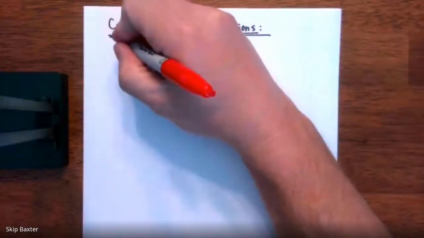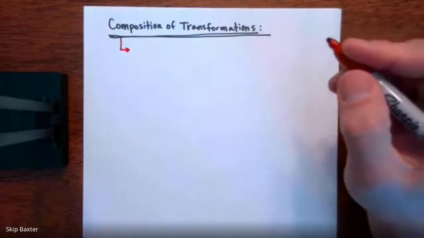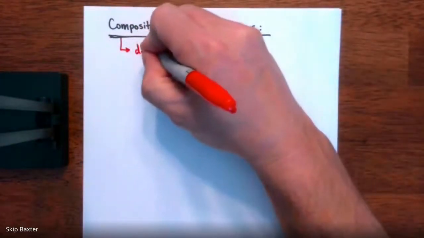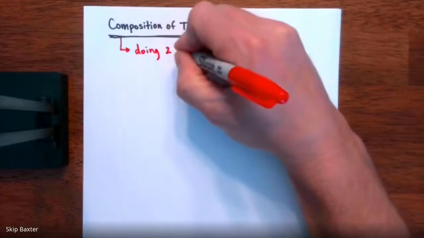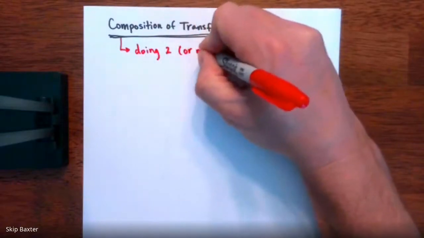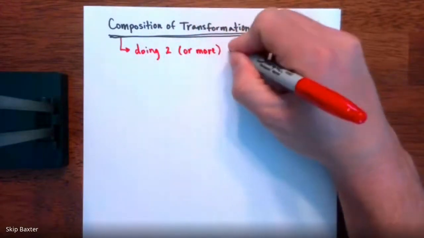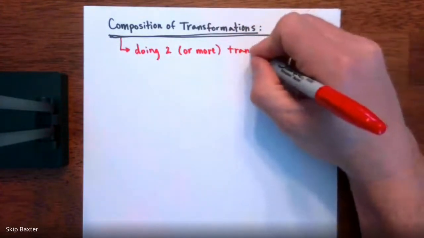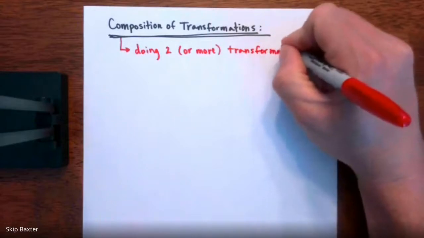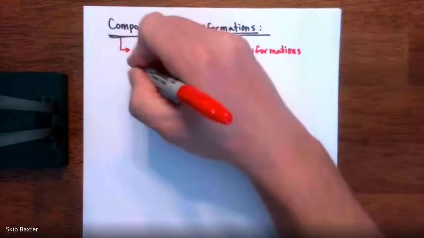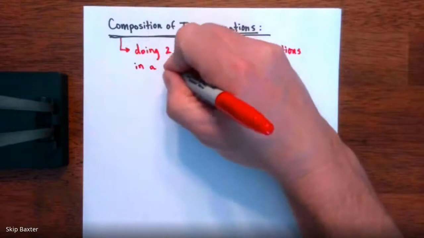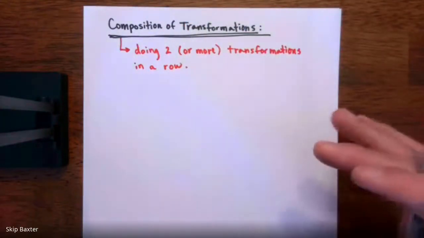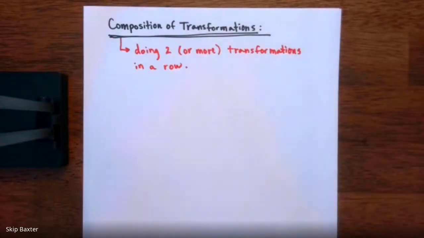Hey, so basically all that composition of transformations is doing two or more transformations in a row to the same point. All right, so you're going to start with a point, do a transformation to it, and then do another transformation